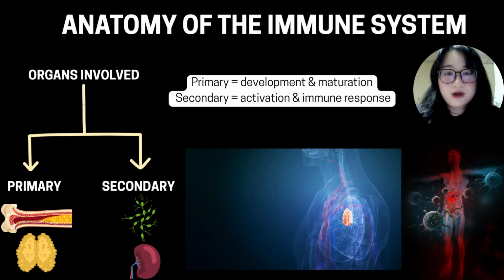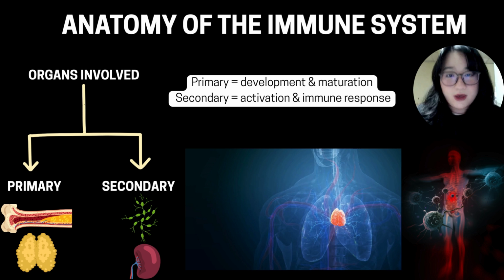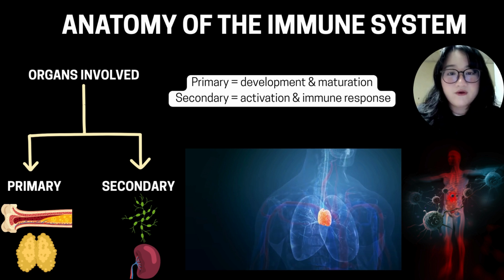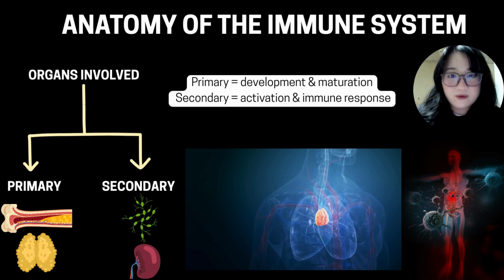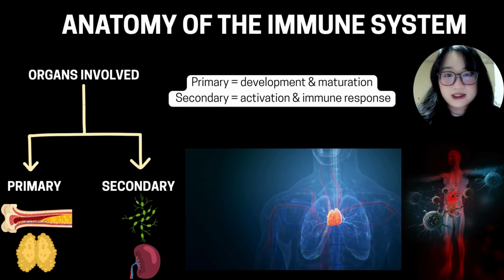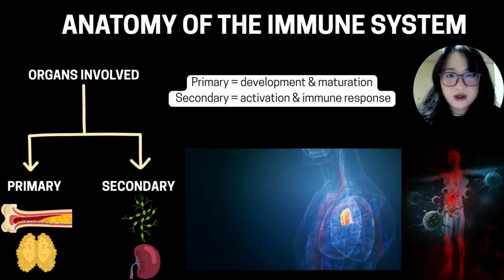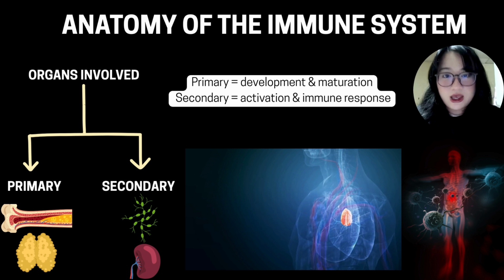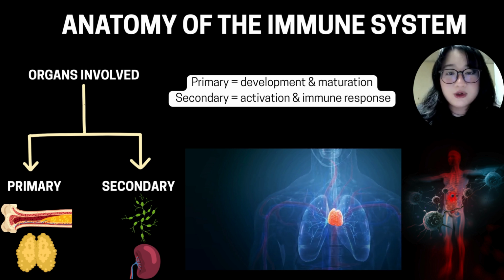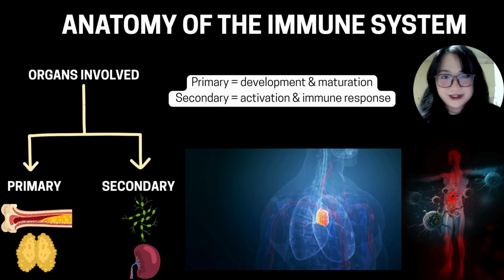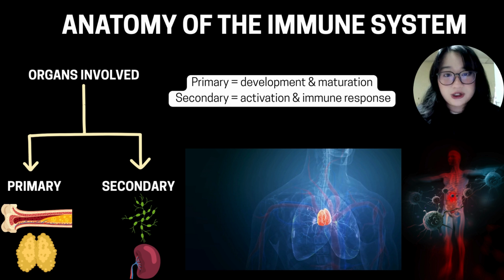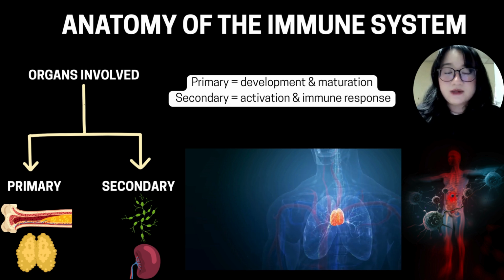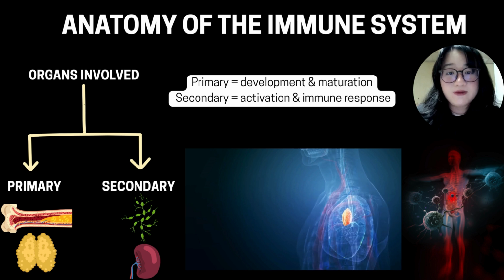For the bone marrow, it is the site of hematopoiesis, which is the production of blood cells, and importantly, it is the site of B lymphocyte maturation, which helps it become a mature and functional immune cell before entering the bloodstream. For the thymus, however, it is located in the retrosternal mediastinum and is the primary site of T lymphocyte